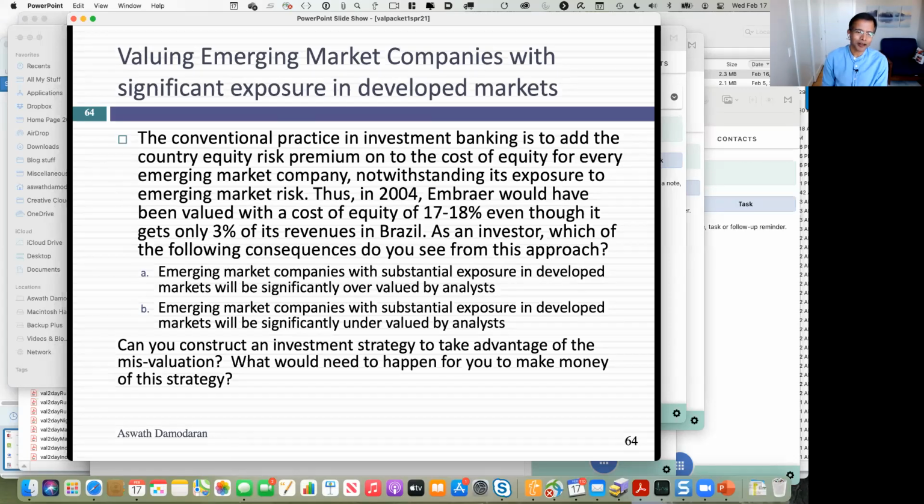With the equity market, though, you've got to wait for a correction, something that makes the market realize it's made a mistake. I actually bought Embraer in September of 2004 because I felt it was undervalued, because I was using the lower discount rate. It took a long time, but here's how the realization played out in the market.